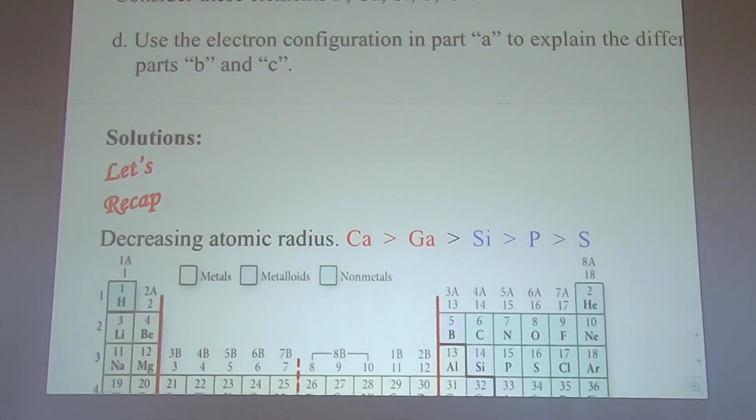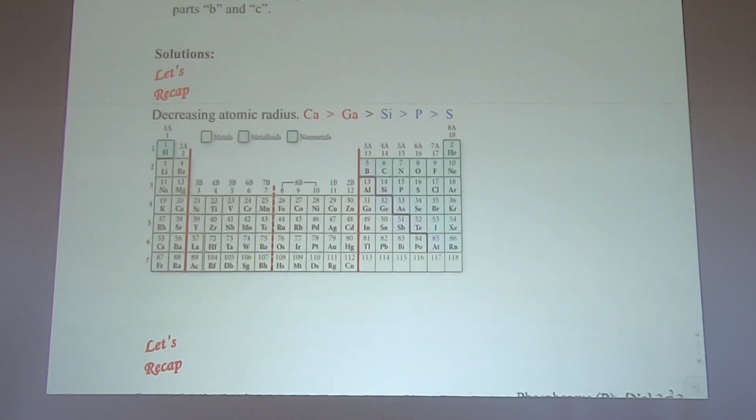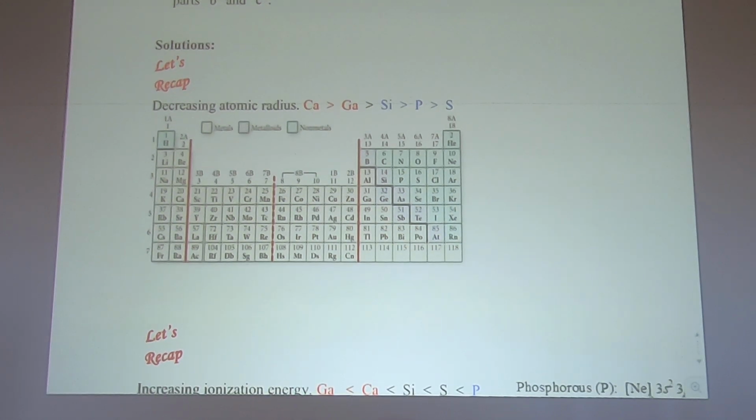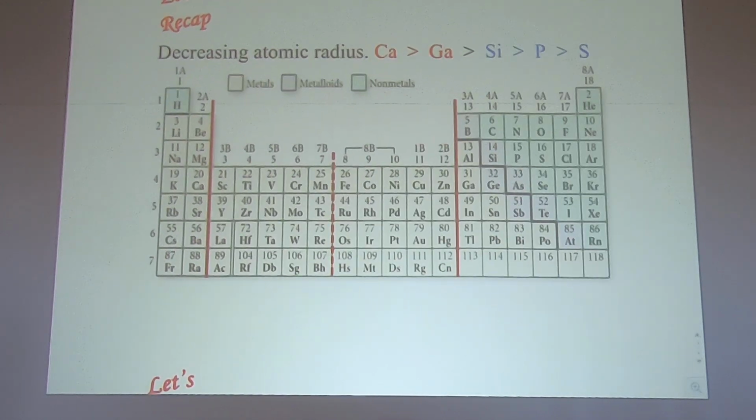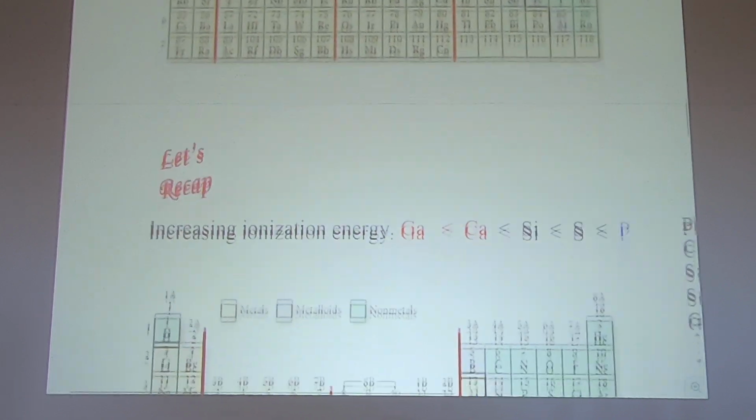Okay, this is the same question. I just want to give you a recap on what it is, and now this one makes sense to you. So essentially because n is 4, this is a recap, this n is 3, and then this idea. Okay, so that's the size-wise, things that you can imagine. But ionization